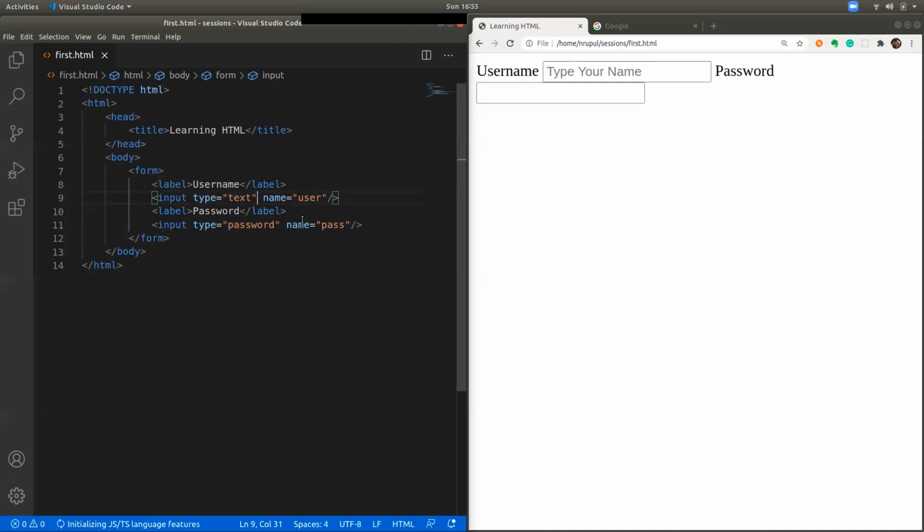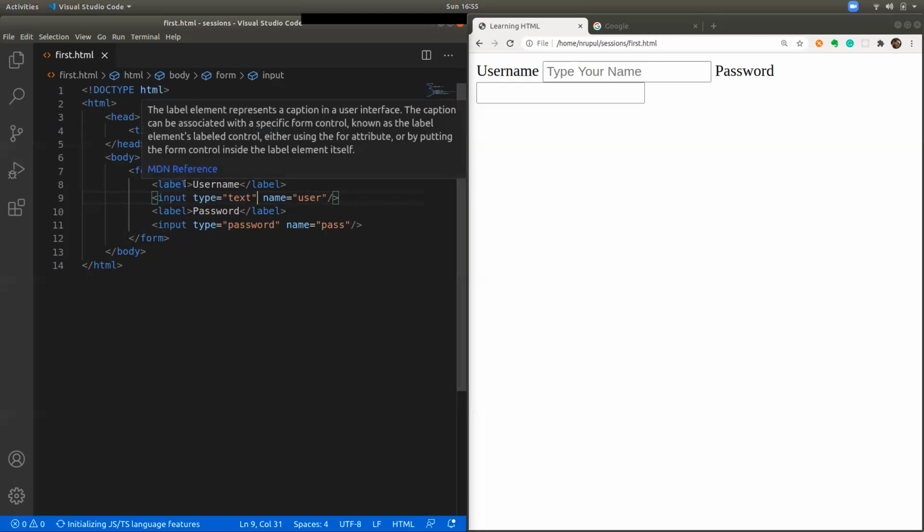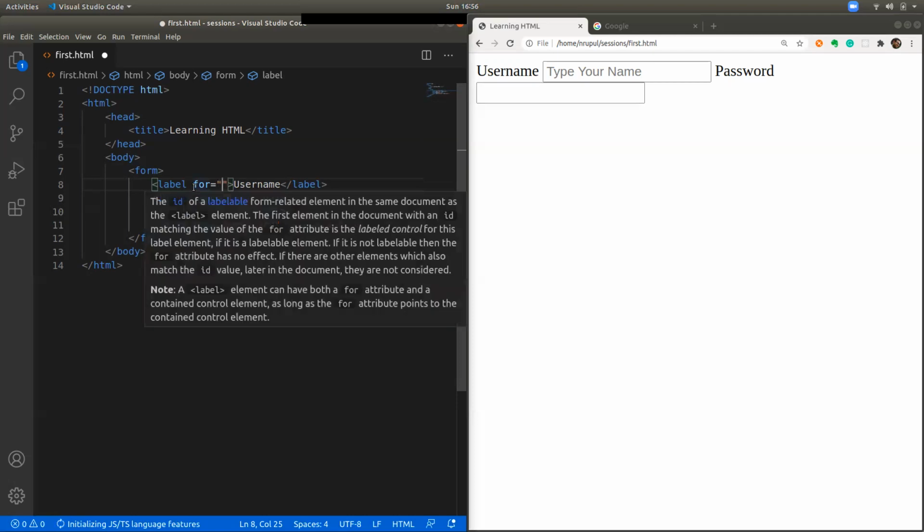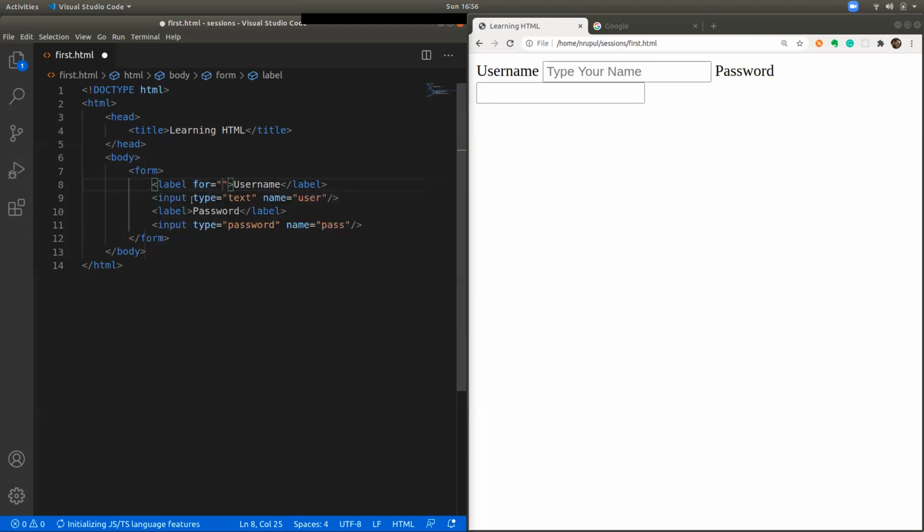Don't worry about what ID does, but you need to give a for attribute, which means you have to mention which input this label belongs to. You need to mention the ID, the identifier, of the input which this label is for.